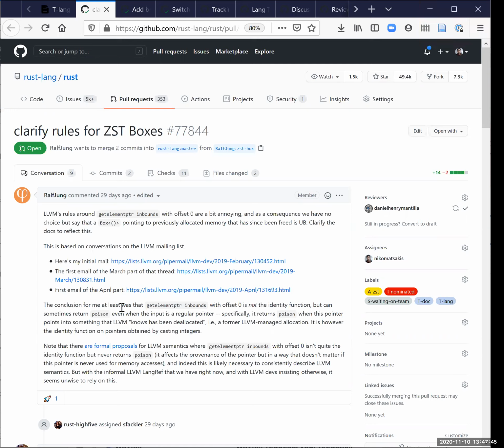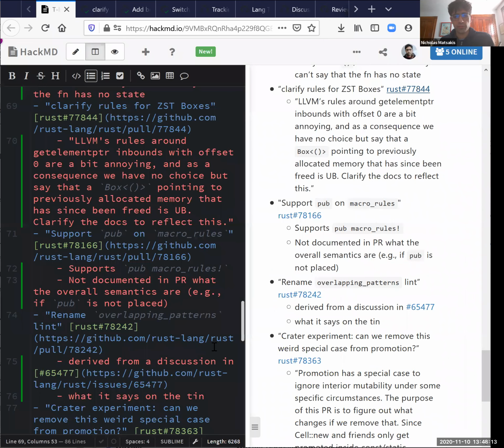Is it true that the previously allocated memory here is, provenance wise, not based on the literal number, so you don't run into trouble if you synthesize non-null aligned pointers or whatever, right? Because those you never actually allocate. I believe this is true, but I'm not sure. I was wondering. I have to read into it a little more deeply.